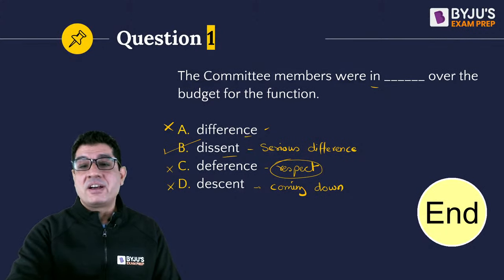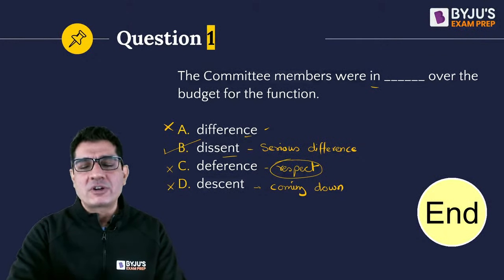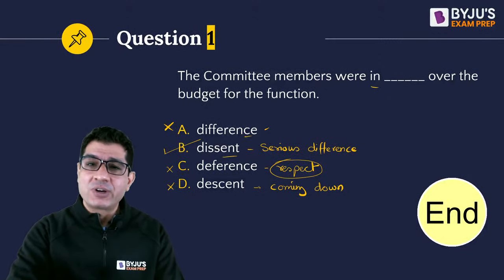Oh, Naman, the best thing that you can do then is to start eliminating. But in a single blank scenario, yes, if you are not aware of the meanings of the words, it is better to move over to the next question, or maybe take your best guess, because in TISSNET, you don't have negative marking.